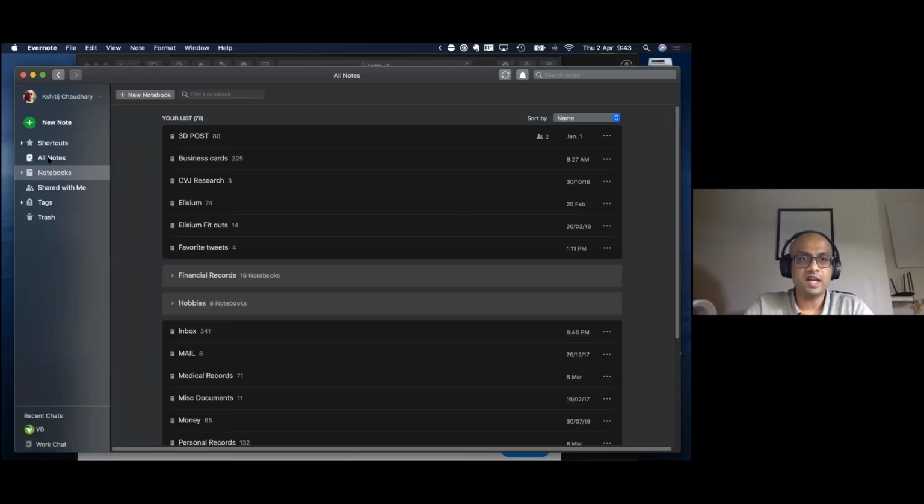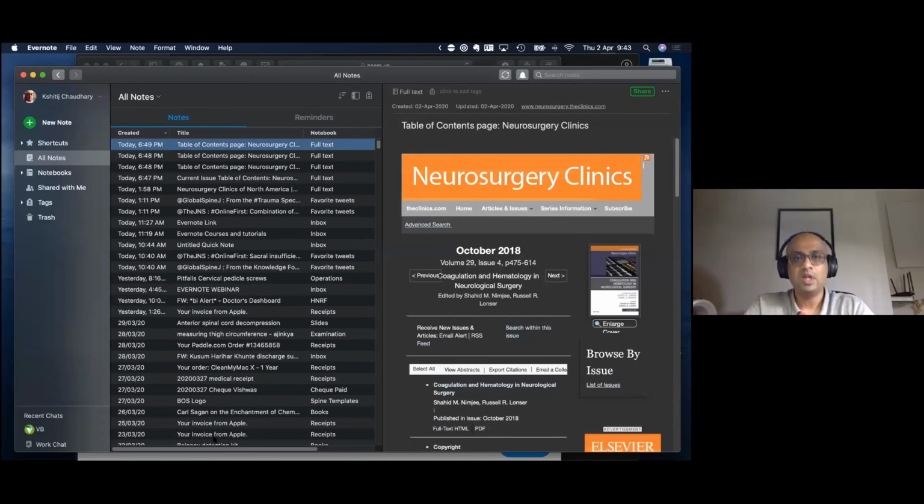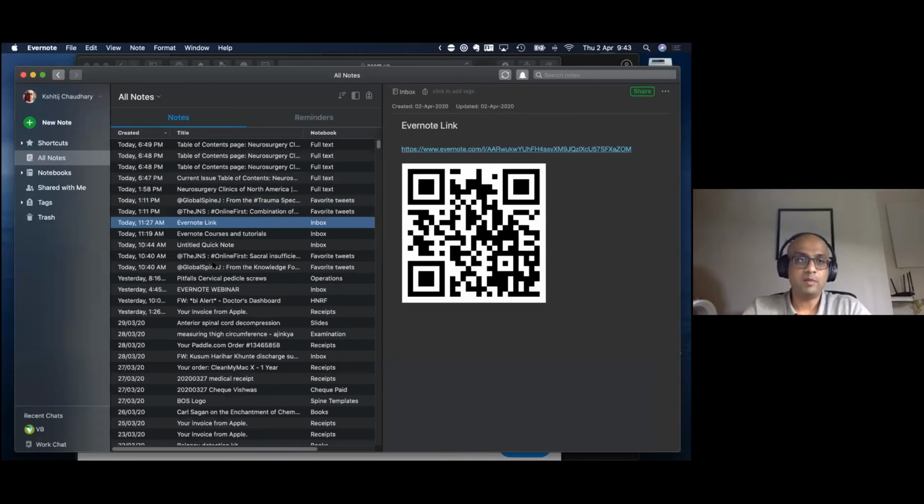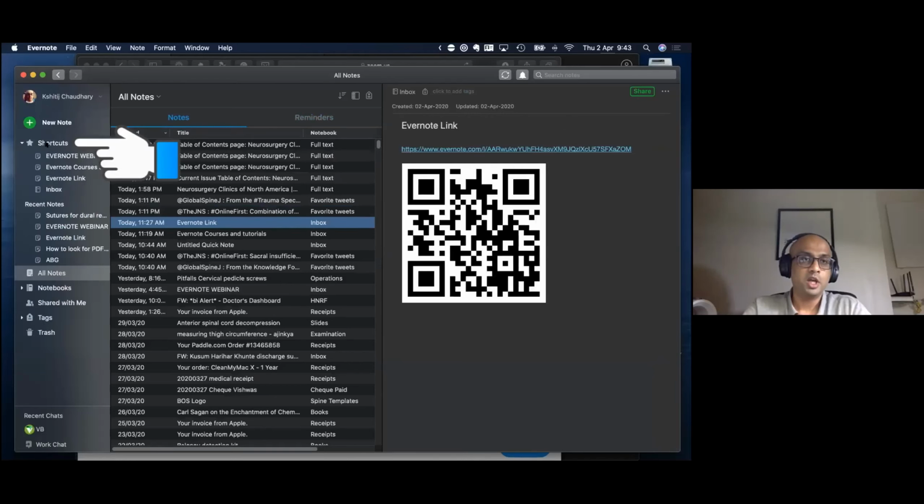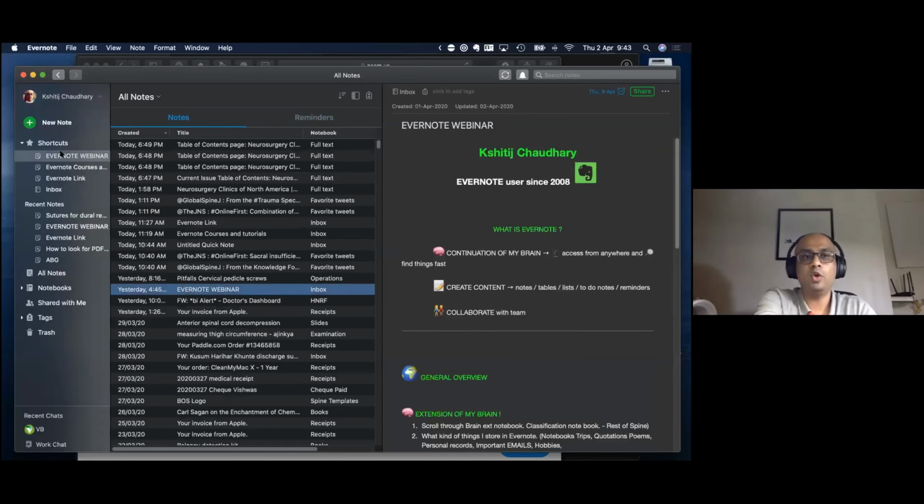The second window, as I told you, is the list of all the notes that I have, and I can have more information here by making these more tables here. Finally, it is this note page. So I'm going to go back to shortcuts. Shortcut means it's just putting notes which you want to access quickly. So for this webinar, I want to access these 3 notes very quickly. So I have dragged this note here into shortcut so that I can go back to it again and again.